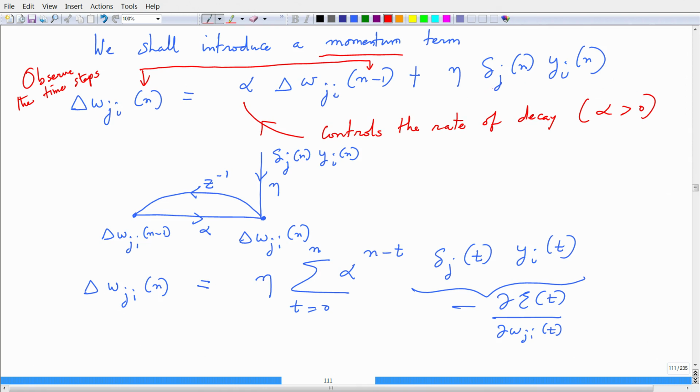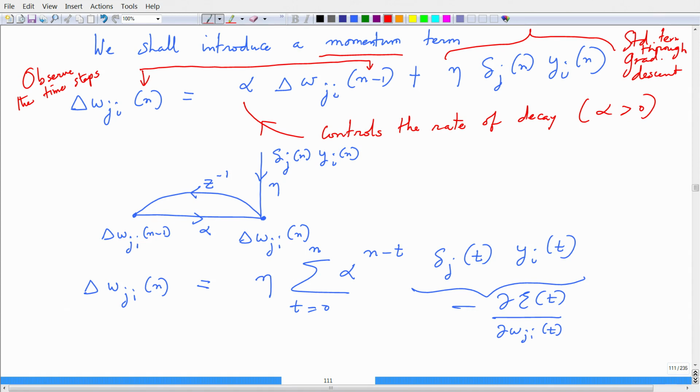So, this is error times input, standard gradient descent. This is a standard term through gradient descent, that we got as a function of eta, delta j and yi,